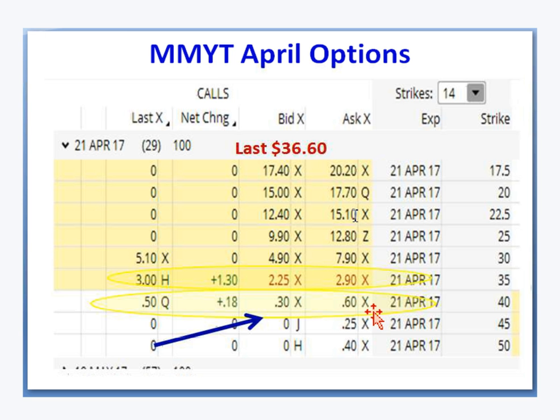But then it becomes math. If I'm buying the 35s and selling the 40s, I make it kind of a rule of thumb that I don't want to be paying any more than $2 for that potential to make $3. And the reason for that is if I'm not buying something where my profitability is more than 100%,